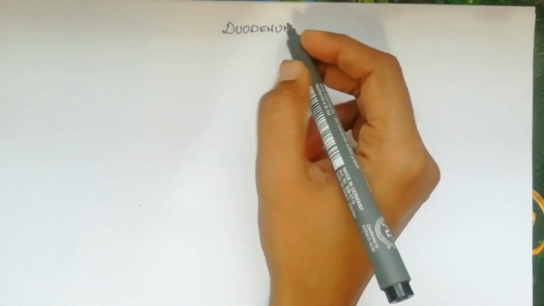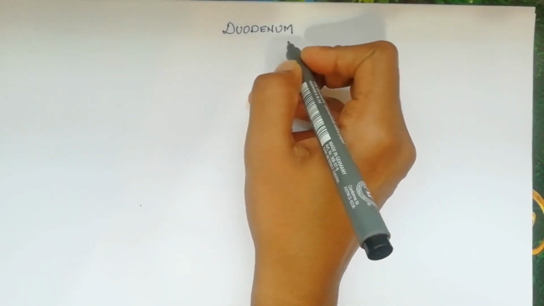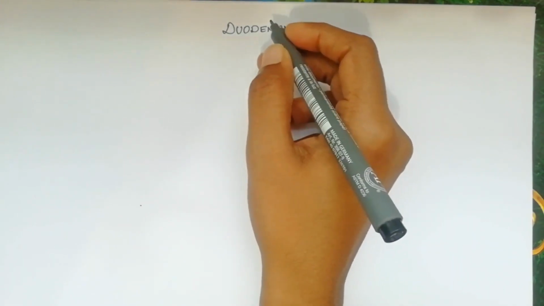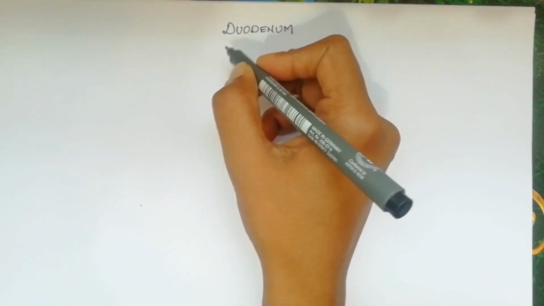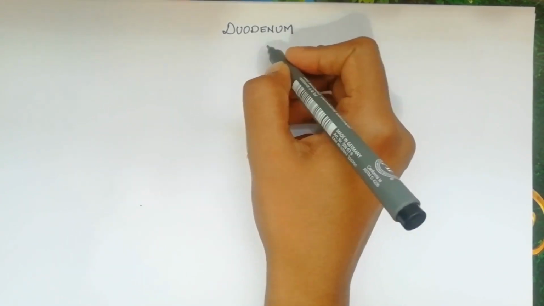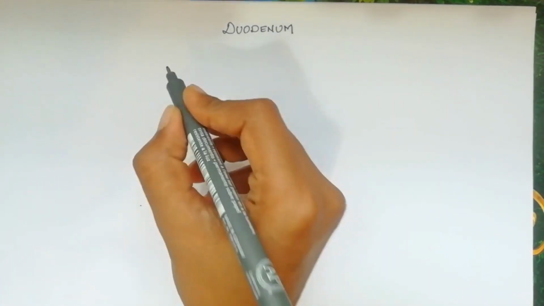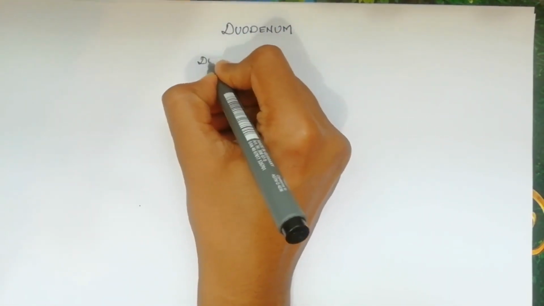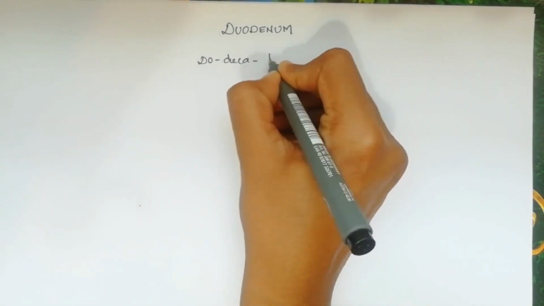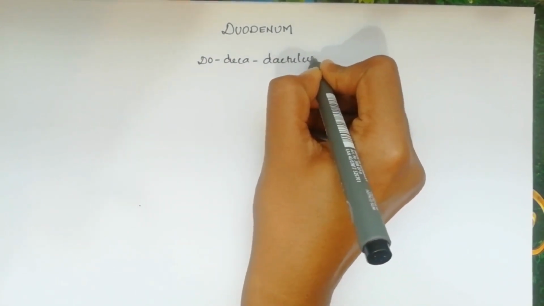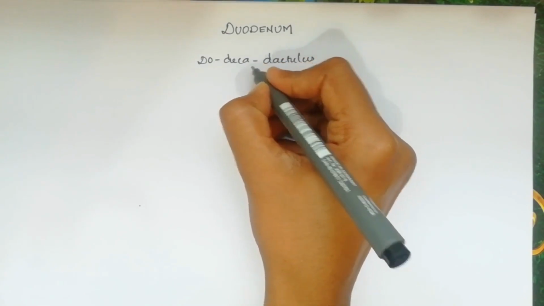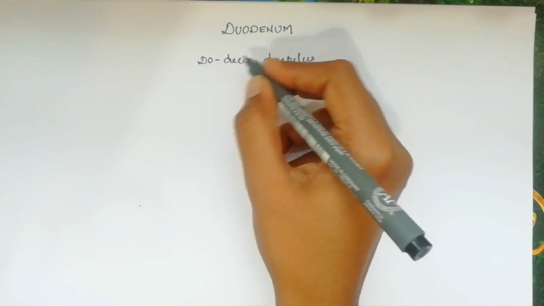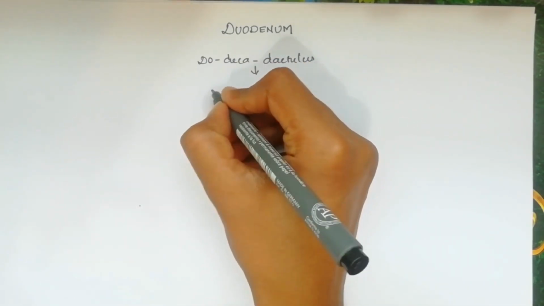So now in this video we are going to deal with another part of the gastrointestinal tract, that is duodenum. We have seen the stomach, which continues as duodenum, a C-shaped curved organ. The name duodenum is derived from a Latin corruption of a Greek word, duodecadactylus. The meaning of this is that the duodenum's length is equal to the breadth